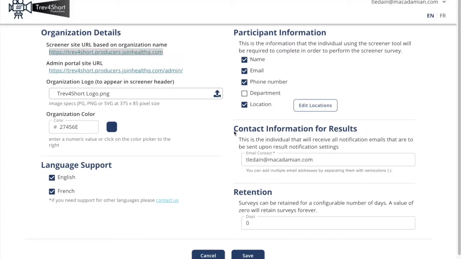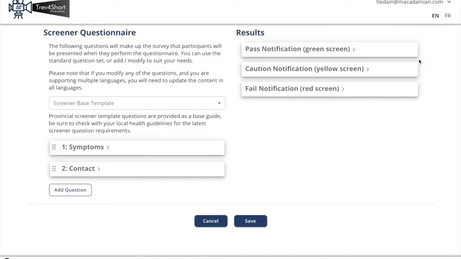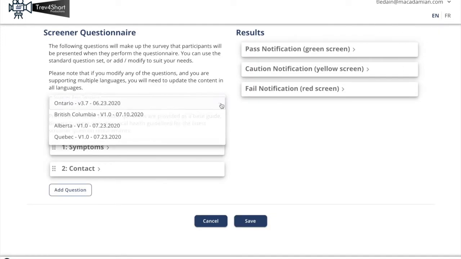Once you've set up your healthQ site, it's time to decide how you want to set up your questionnaires. So the first decision is, of course, whether you want it in unilingual English or French, or bilingual. And once you've decided the language support, you can go in and set up your screening questionnaires. Depending on your jurisdiction, we have 4 different templates that have been set up. And so based on the location of your shoot, you'll probably want to pick from one of these as a